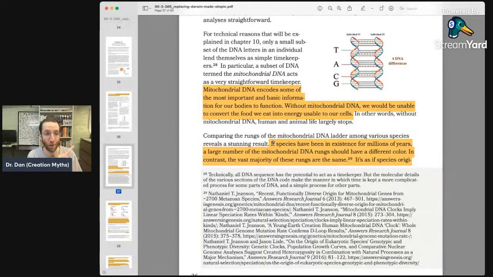Now, the problem with that is something that he points out right here. Mitochondrial DNA is really important. Most of it, if you mutate it, it's going to break something you need, and those mutations will not persist because natural selection will weed them out. So those mutations that you would maybe catch in a one generation rate, in 5 generations or 10 generations or 100 generations, are going to be lost due to natural selection.